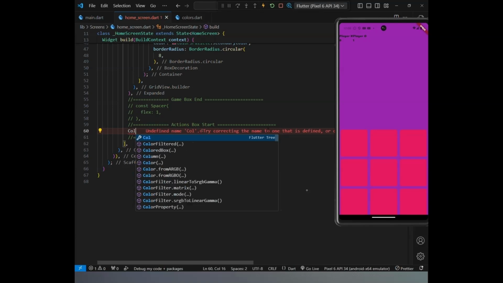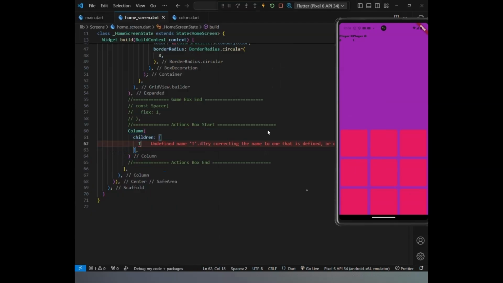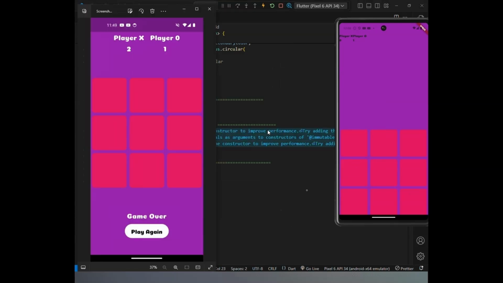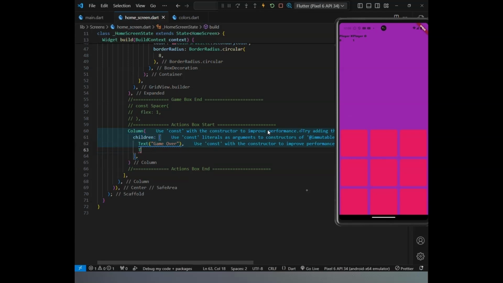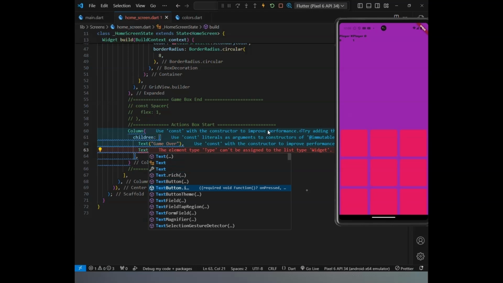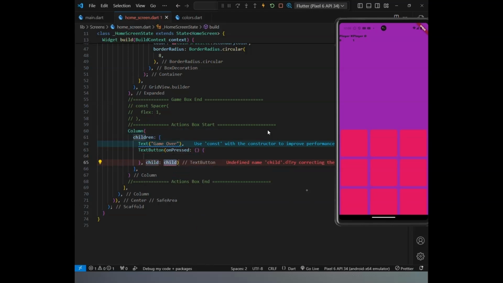This is especially useful when the screen size changes, as the buttons will automatically resize to fit the available space. By wrapping the button container in an expanded widget, we ensure that it maintains a flexible and adaptable design across devices. Spacing between buttons can also be controlled using the spacer widget. Although the grid view builder will automatically handle most of the layout for the grid, using spacer can help add